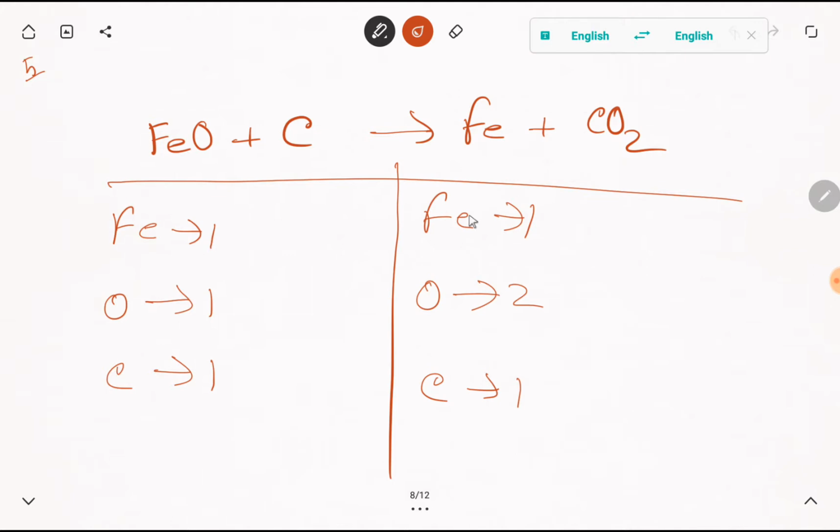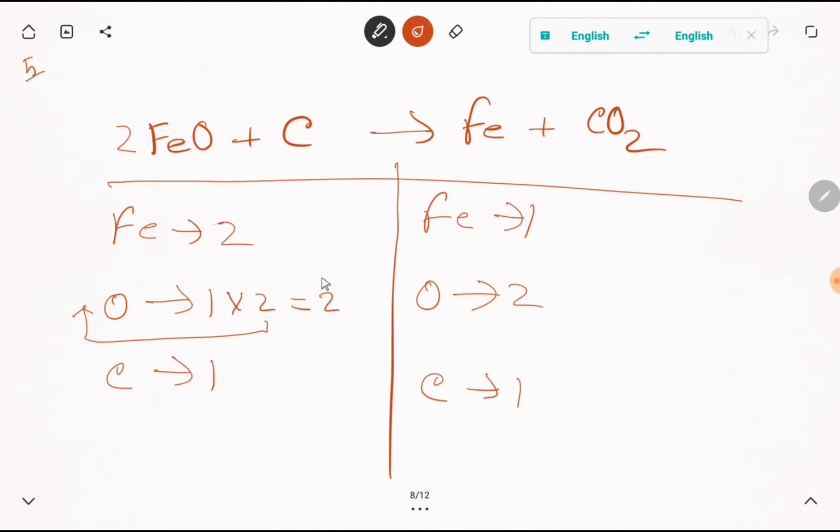Iron here 1 1, so iron is already balanced. Oxygen 1 here 2, so oxygen is not balanced. So to balance the oxygen I can multiply here by 2, that gives me 2. This 2 must come before this oxygen, that is here. If I place here 2, the number of iron will be 2. Let me update. Okay,